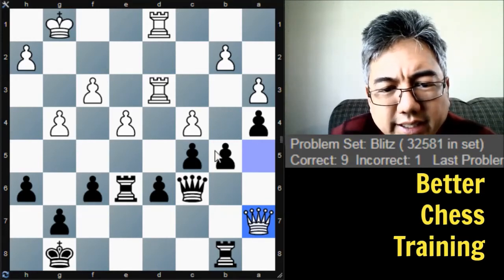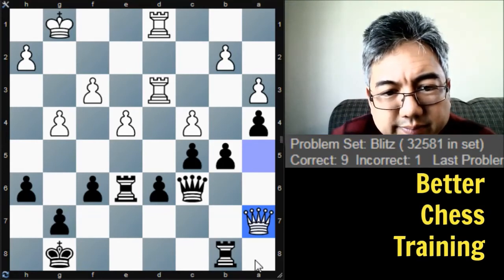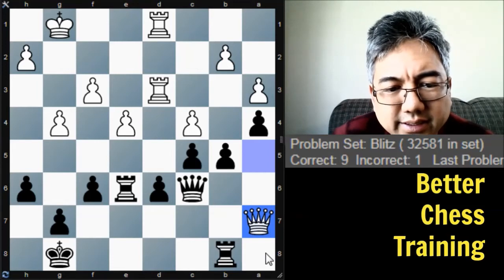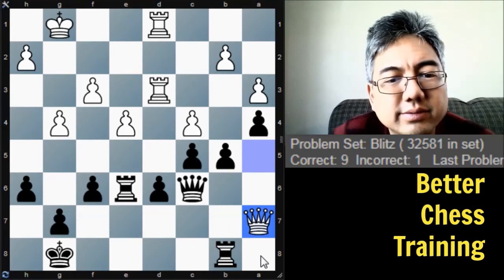see, if he takes here, I can actually play something like queen to c8 after that to avoid any problems, and then if he plays queen, then he could go to b6. So this is a little annoying because I can't quite cover all the squares. What